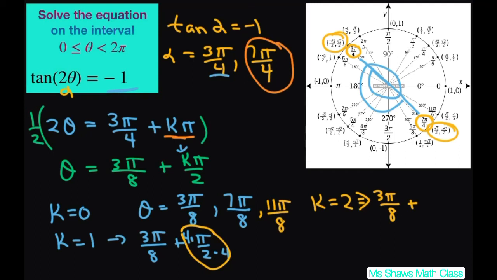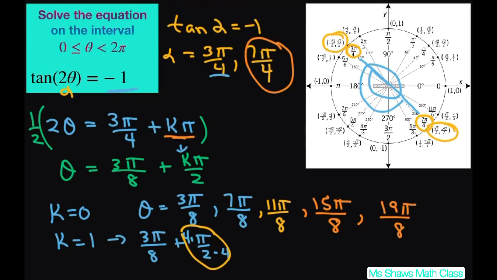Add pi over 2 again, and you're going to get 15 pi divided by 8, because you keep adding pi divided by 2. Now, if you add again, you're going to get 19 pi divided by 8, which is